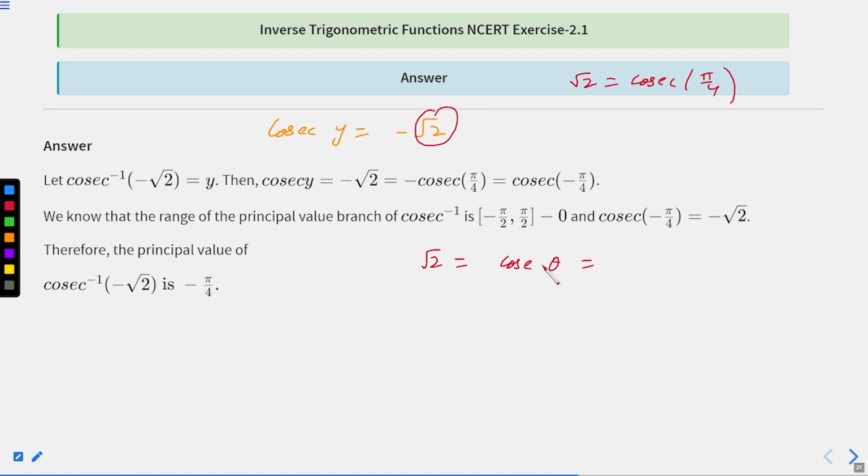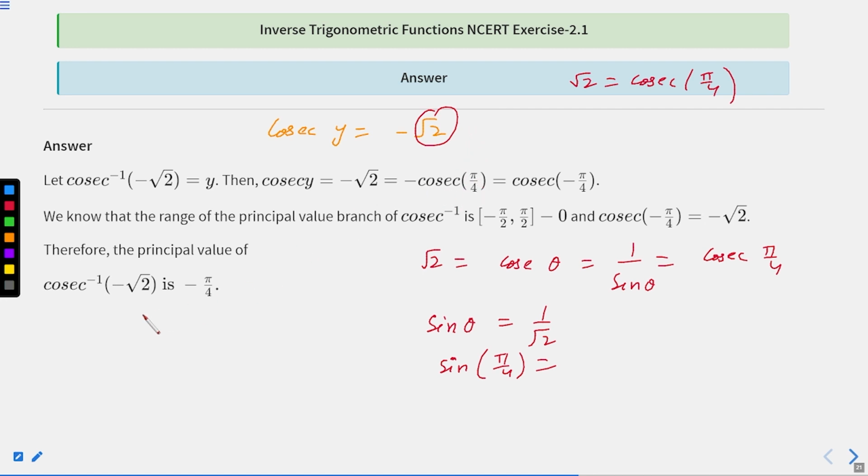And cosec theta means 1 by sine theta, which means sine theta is equal to 1 by root 2, and this is sine pi by 4. So from this, what I can say is that this is cosec pi by 4. So from this we got minus root 2 is equal to minus cosec pi by 4, and we